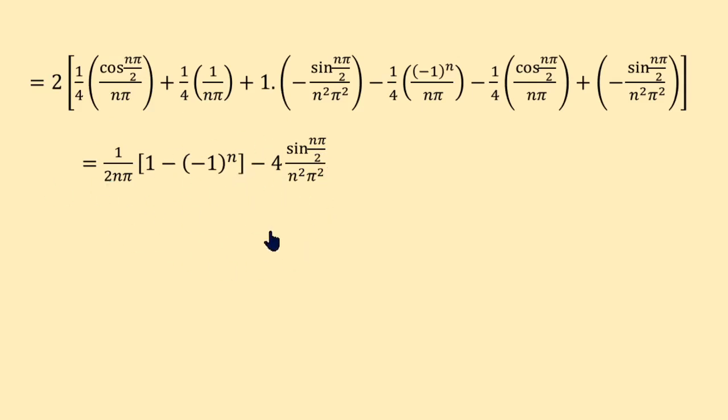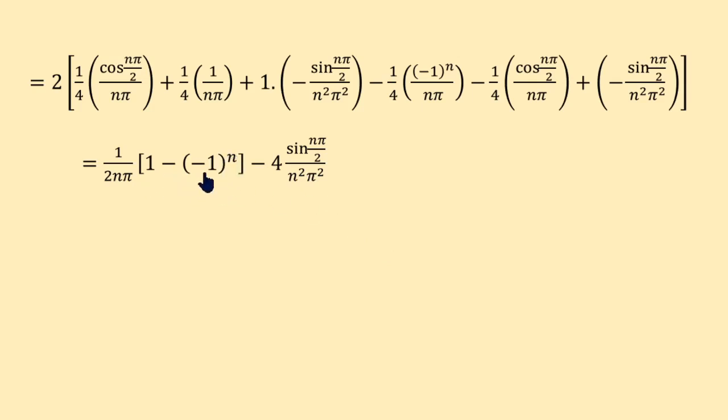This is the bn value. See, when n is odd, 1 minus minus 1 becomes 2. 2 by 2 cancels, 1 by n pi minus 4 times of sin n pi by 2. n is odd: sin pi by 2 is 1, sin 3 pi by 2 is minus 1, like that. So minus of minus becomes plus for 3, and for 5 again plus 1, so it remains minus sign, and hence for odd. For even integer, 1 minus minus 1 power n